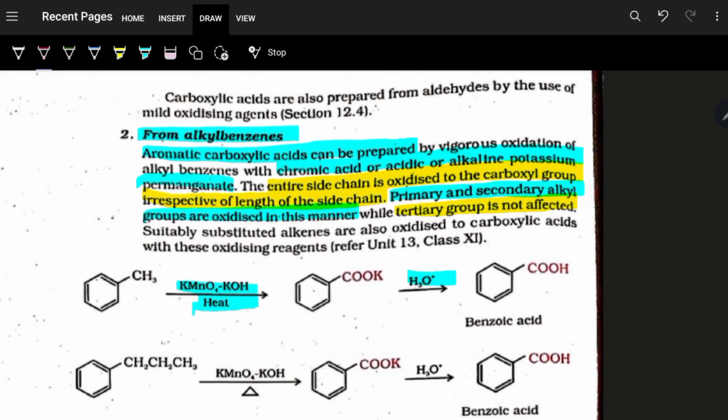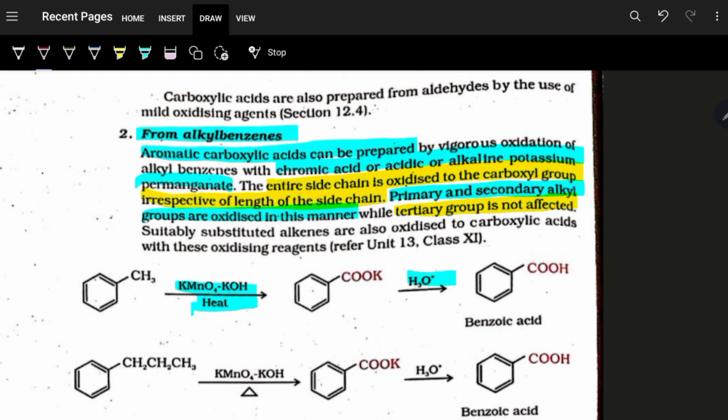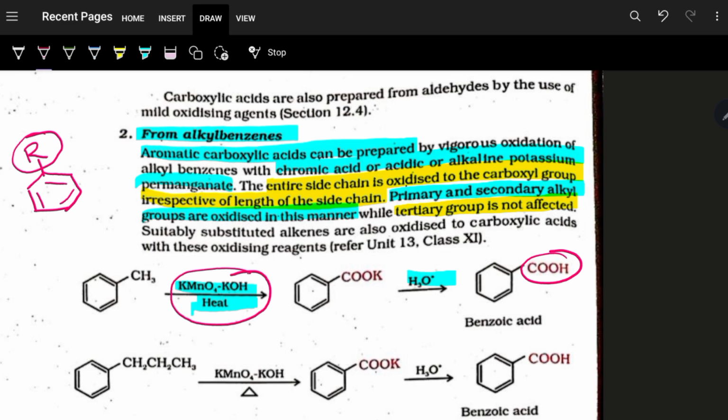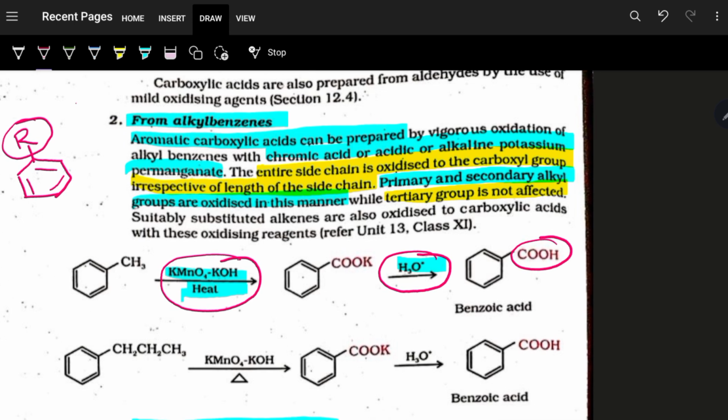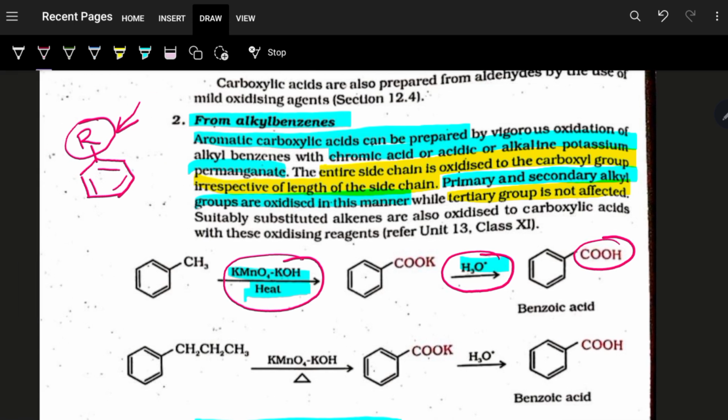Next, from alkyl benzene. When I say alkyl benzene, whatever is the structure of this alkyl group, the entire alkyl group gets converted to COOH by using KMnO4, KOH, heat, followed by hydrolysis. So irrespective of the length of the side chain, irrespective of the structure of the side chain,